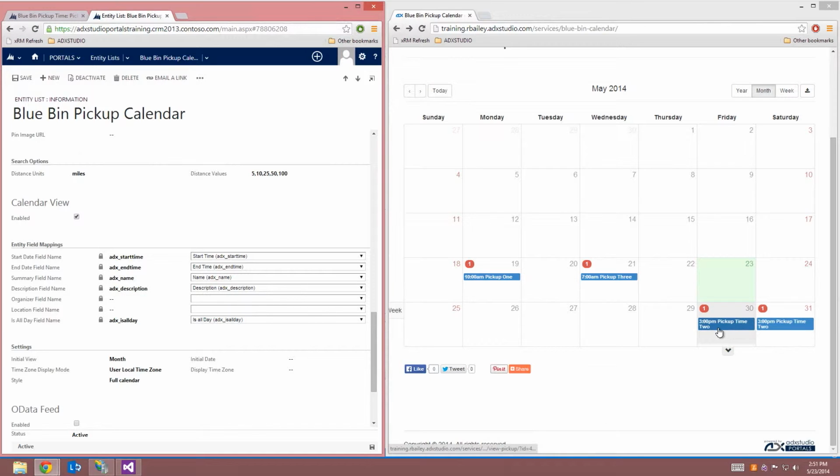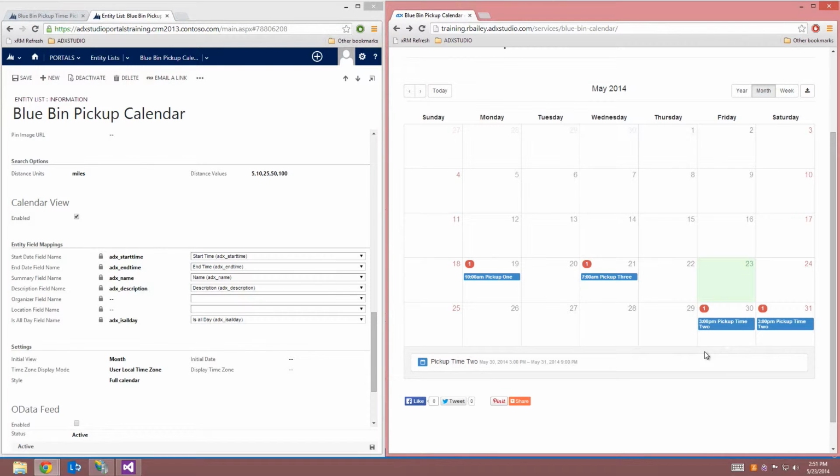Summary is basically the title of the events, as you can see, Pickup 1, Pickup 3, Pickup Time 2, whereas the description is for a more detailed description of the individual event. We can also specify an organizer, which is going to be a related contact, as well as a location for the event. And finally, if the record has an is-all-day